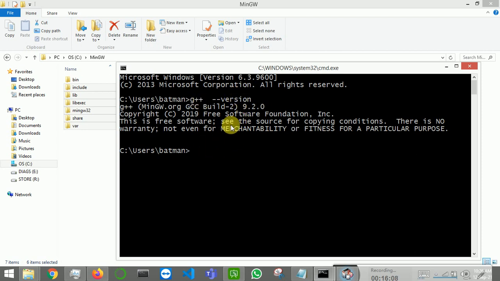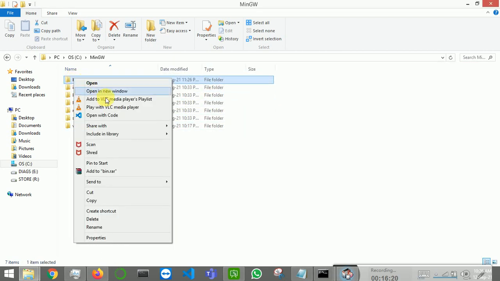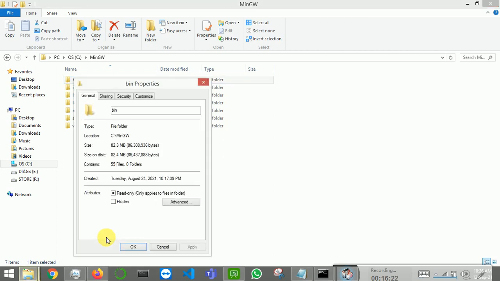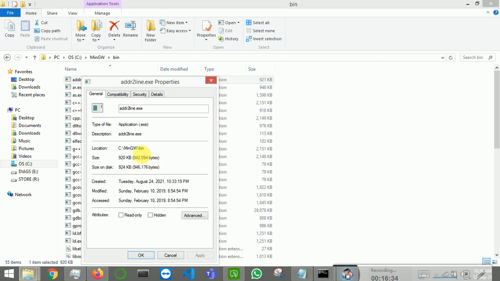In this step, let me show you how to correct that error. You have to tell your operating system where it is installed. It is installed in the bin folder. So first go inside this bin folder, right click on any file and select properties. Your location is found here. You have to copy this location, MinGW bin. Copy this